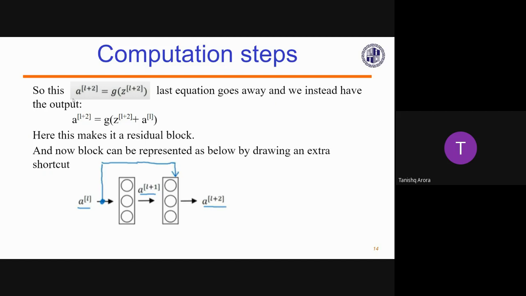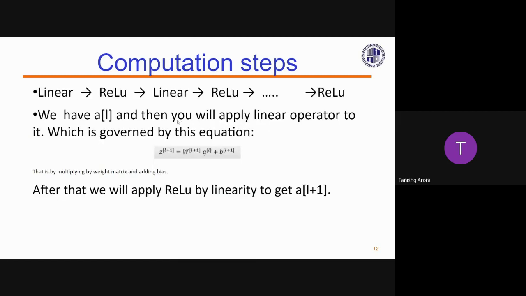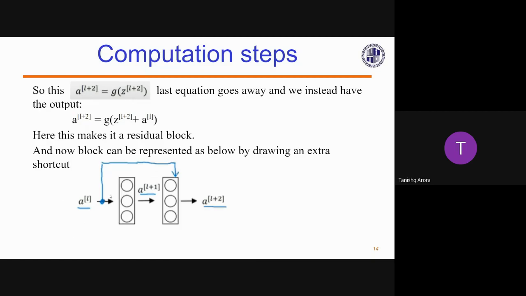So in case of ResNets, we found that this A[l+2] = g(Z[l+2]) can be modified, and there can be a skip connection between them, and A[l+2] will directly be equal to g(Z[l+2] + A[l]). So we have made a simple path from the linear layer to this ReLU in our ResNets. From the first diagram, we can make a line from A[l] directly to here.